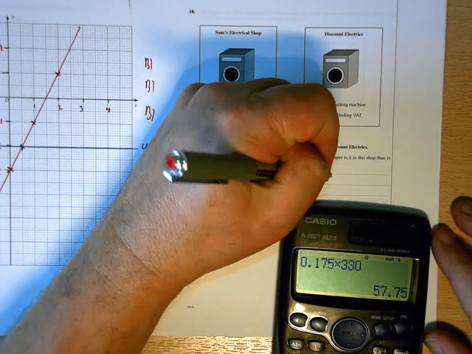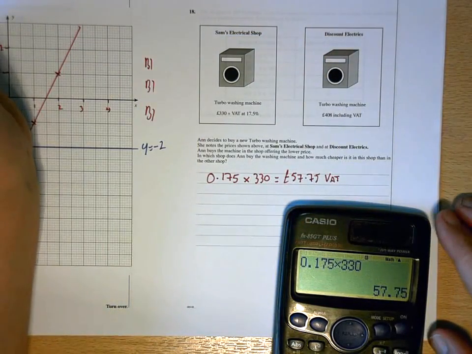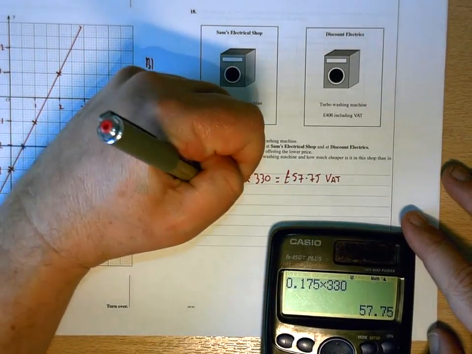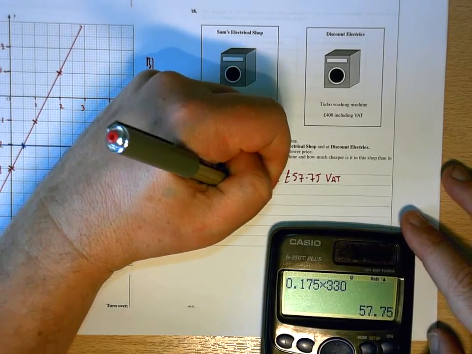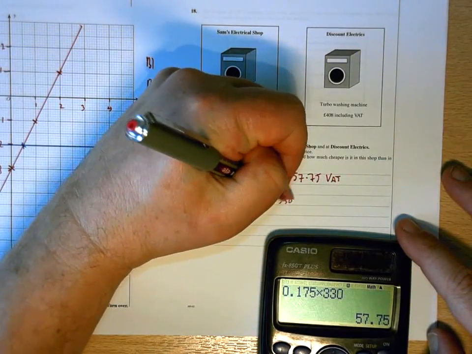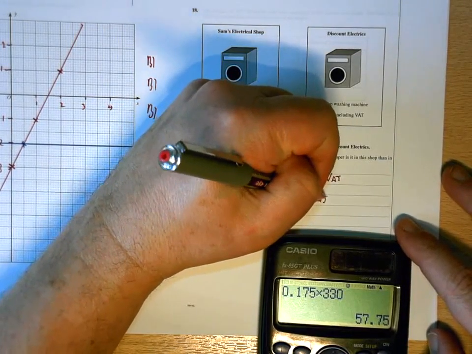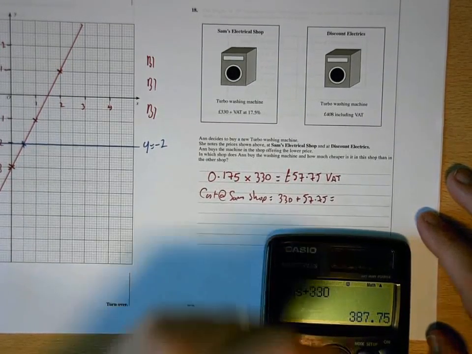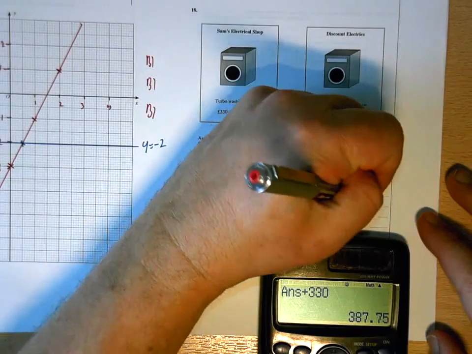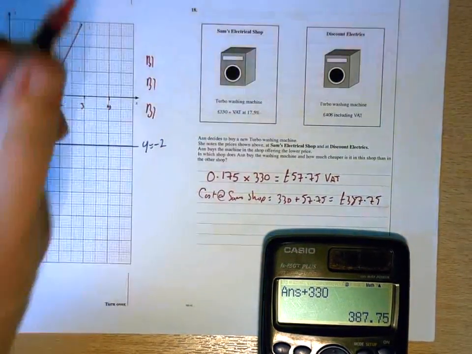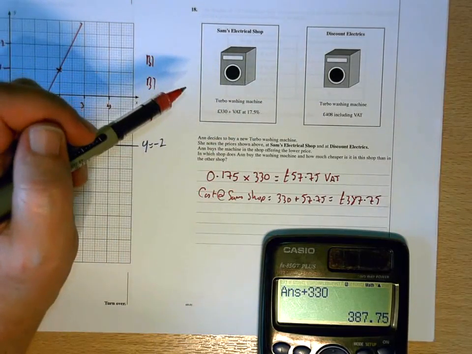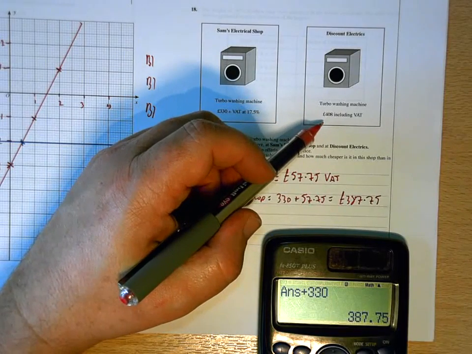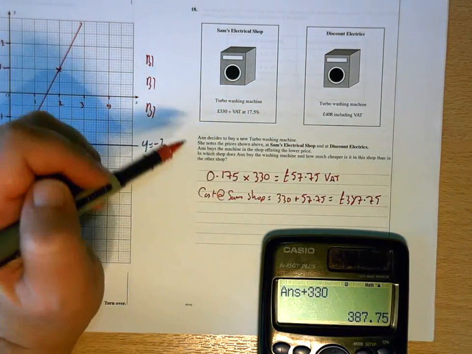so £57.75 is how much VAT it will cost. So the cost at Sam's shop will be 330 plus 57.75, £387.75. So in Sam's shop, Anne would be paying that much. In Discount Electrics, she'd be paying that much. So it's cheaper in Sam's shop